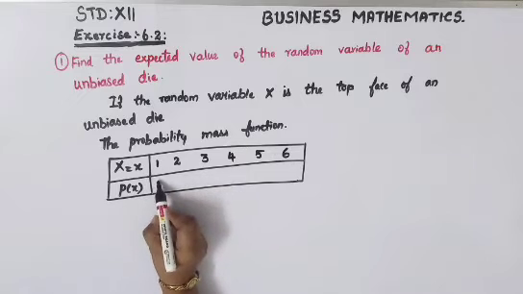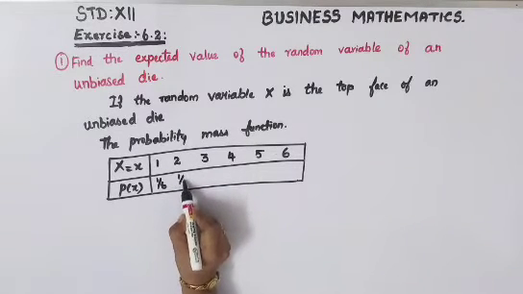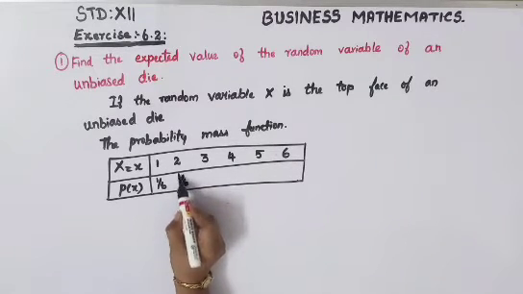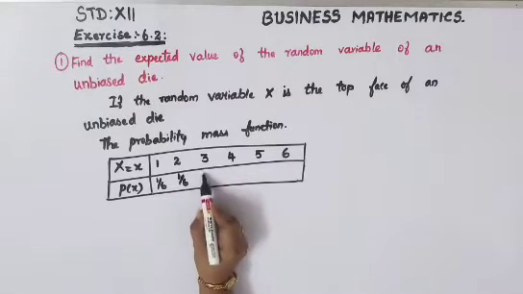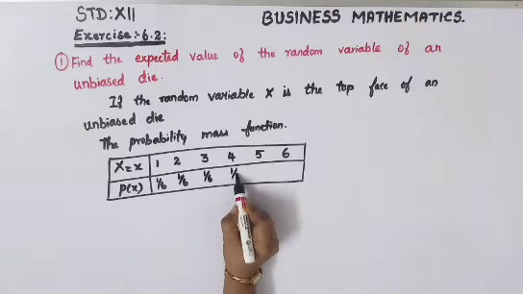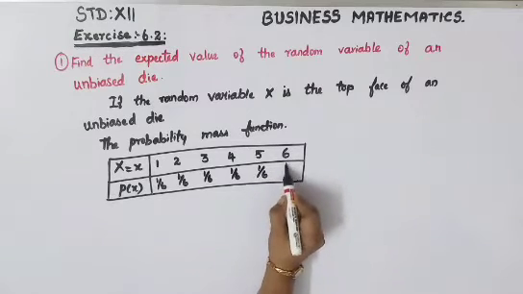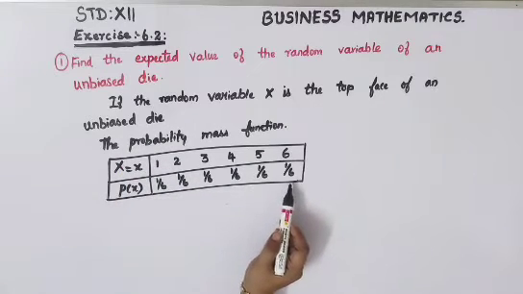So when you are throwing, you will get 1 by 6. In 6, any one number you can arrive at. The same thing for 2 means again one chance only. So 6 chances are there, and that you will get 1. You will write your sample space, isn't it? That is what we are writing here. Same for 3, again 1 chance out of 6. Again 4, that is 1 chance. Again 5 is 1 by 6, and 6 is 1 by 6. The meaning of unbiased die is you will get the same options in your P of x.